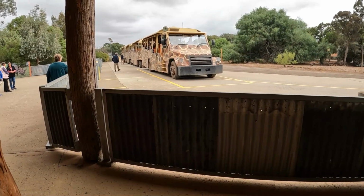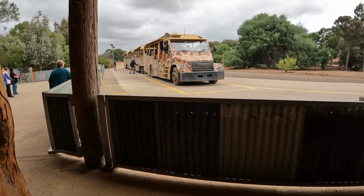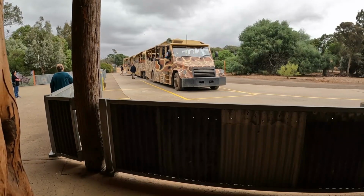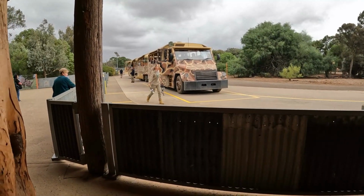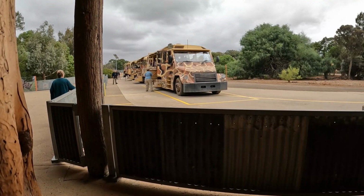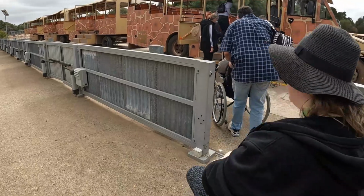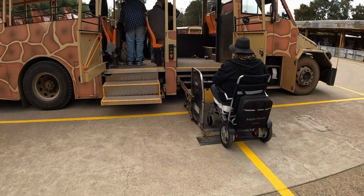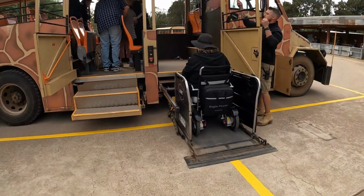Firstly, the staff will ask to confirm what your access needs are. If you're a wheelchair user, they will also ask if you would like to remain in your own wheelchair or transfer to one of the seats on the bus. If you stay in the wheelchair, they'll strap your chair down for safety. Next, you need to decide when you would actually like to go on the bus, and the staff will confirm the availability for that time. Once confirmed, the staff will give you a receipt to bring down to the safari station where the bus team